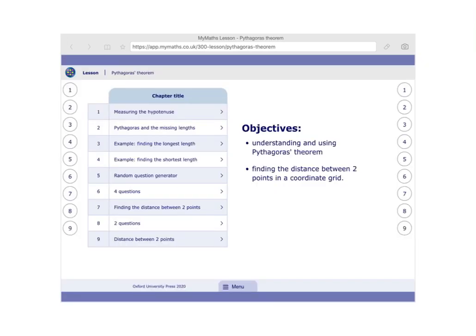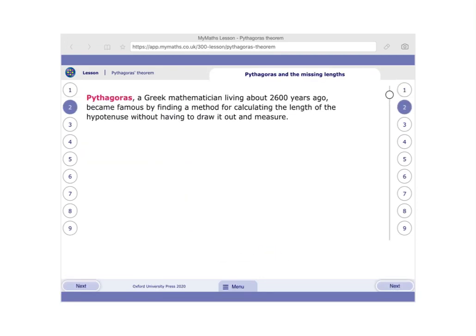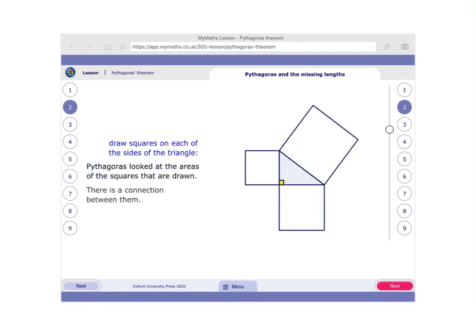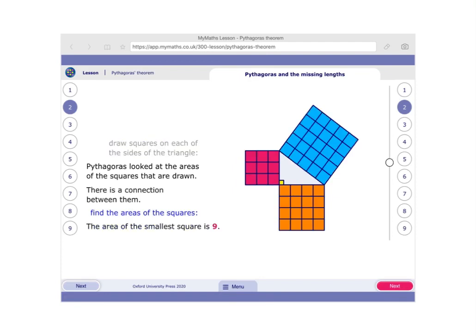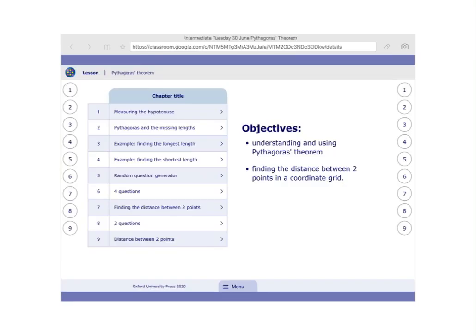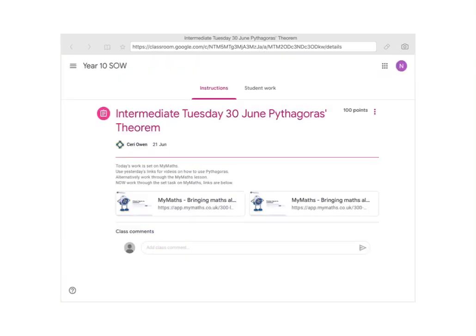Okay, so when you get in there, you're going to get a lesson that looks like this. You've done MyMaths lots of times before, but just to remind you, you need to work your way through the numbers. Sometimes in the bottom right hand side of your page, you'll get a button that says next. Don't forget that that takes you through different points in that slide. Okay, once you've finished the lesson, you will go back to your assignment and click on your